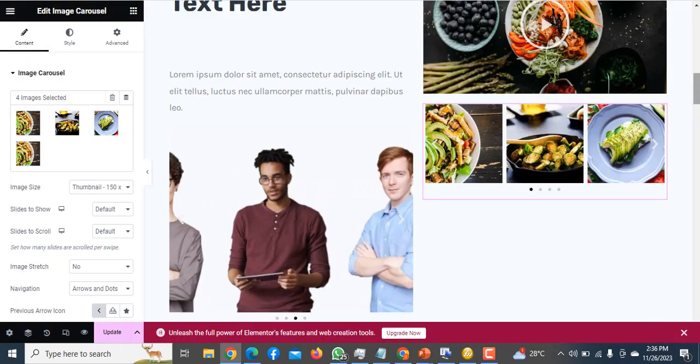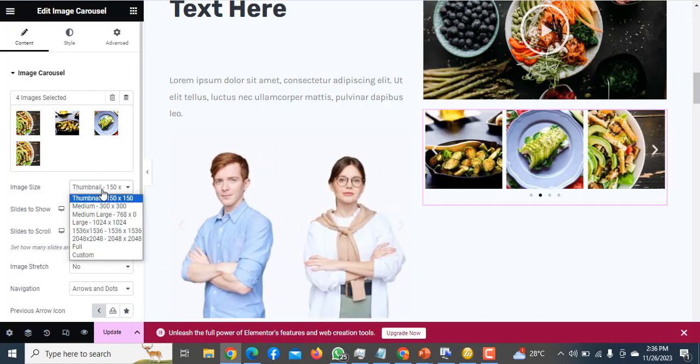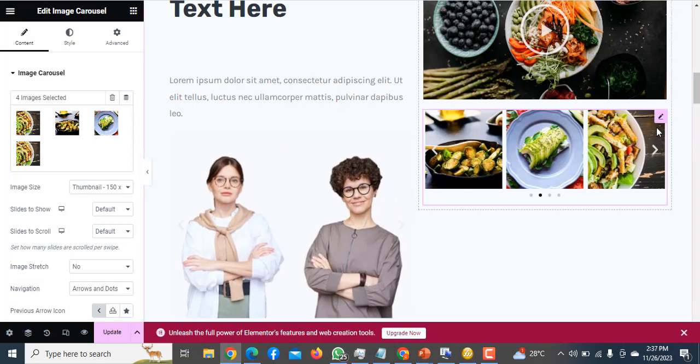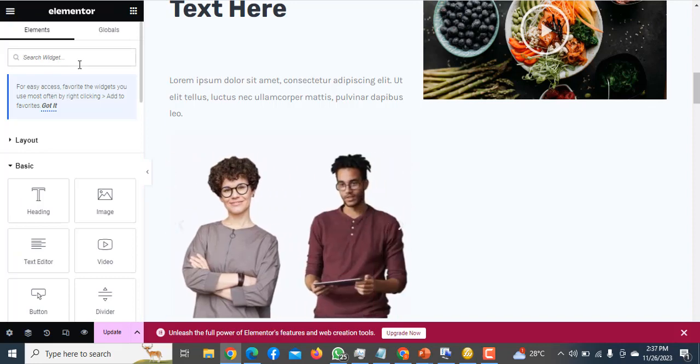So we can see now the image gallery. It seems it's image carousel I entered, not image gallery. I was wondering. Sorry. Let me delete that and go to